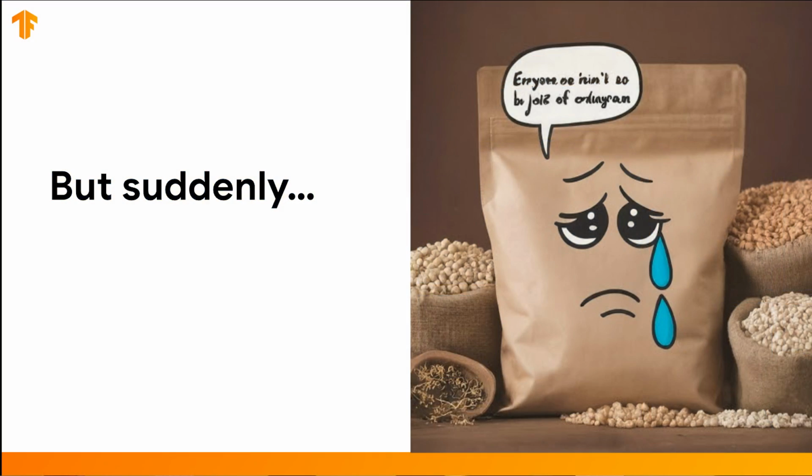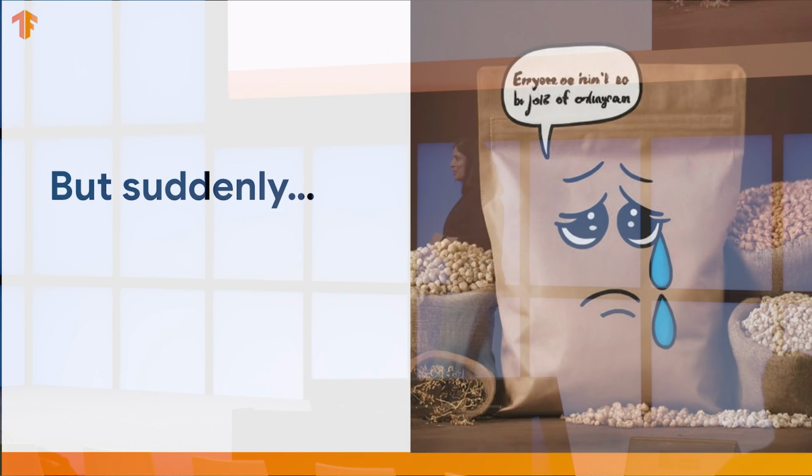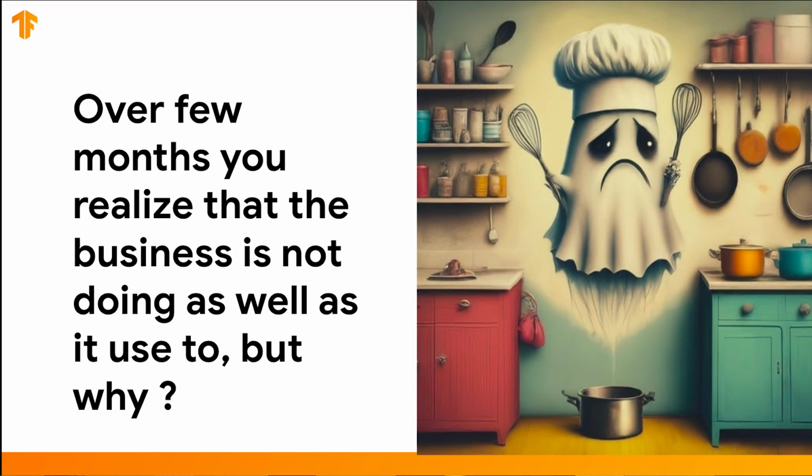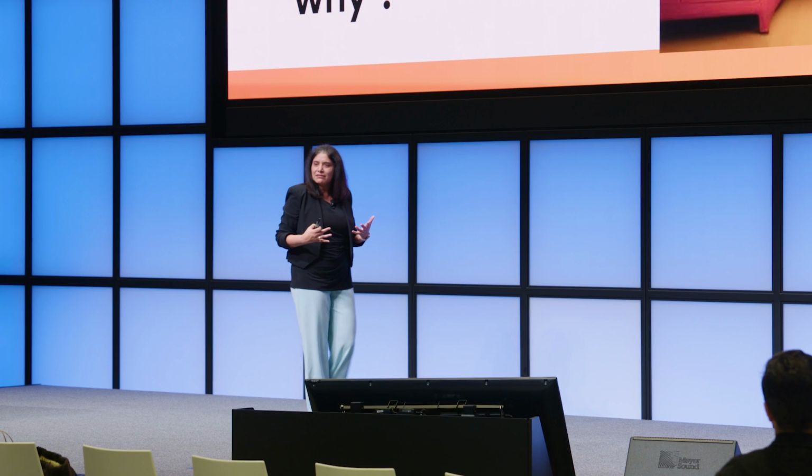And then suddenly, there is a new study that came up, and then your super powerful grain is not as powerful as it was, or there was something else that happened in some part of the world, and suddenly you are thinking over a period of time that you have more inventory that is just staying there, some of the orders are not getting filled, and nothing has really changed on your side, but your business is not doing as well as it used to be. So what happened really?